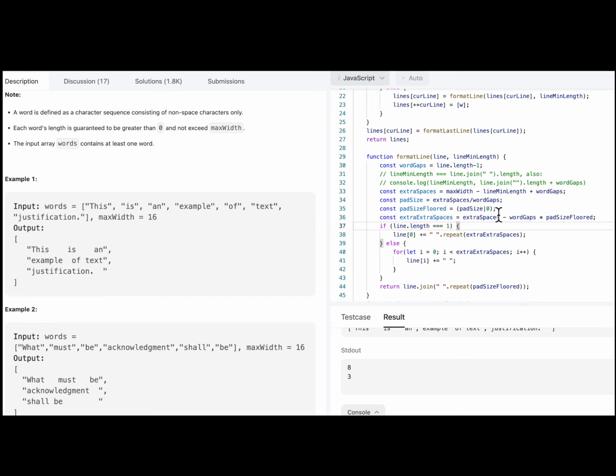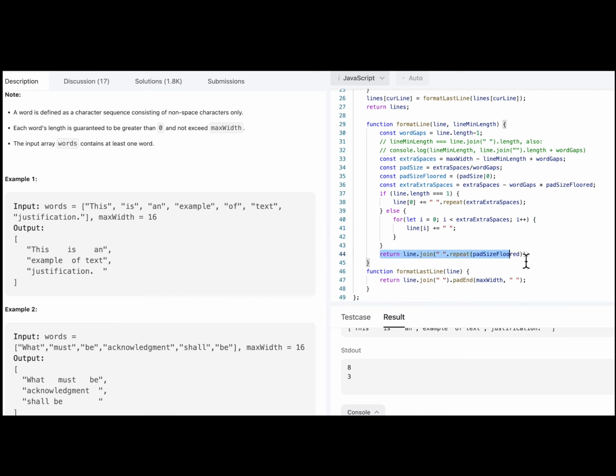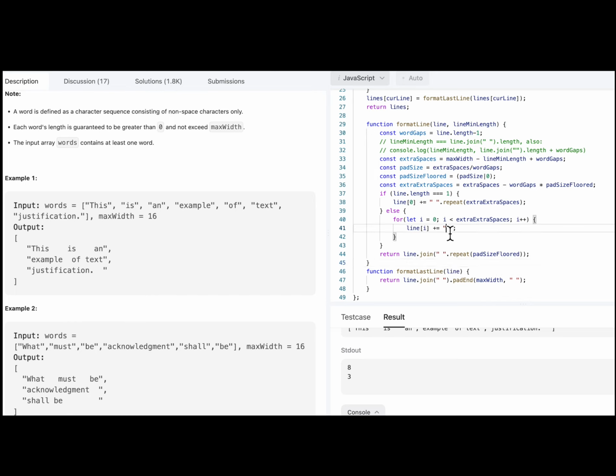So we don't have any extra spaces on the first line. It's evenly divided with 4 on each one. And if the line length is 1, then we do this. It's not 1. So in this case, we loop through. For i is 0, i is less than extra spaces. We don't have any, so that's 0, and we just skip right over that. And then we join those on, because we're going to go greedy if we have a case where we have extra spaces. We're going to go greedy and left prefer those extra spaces. And we're going to add each one to each word, and then we're done with that because we skipped over